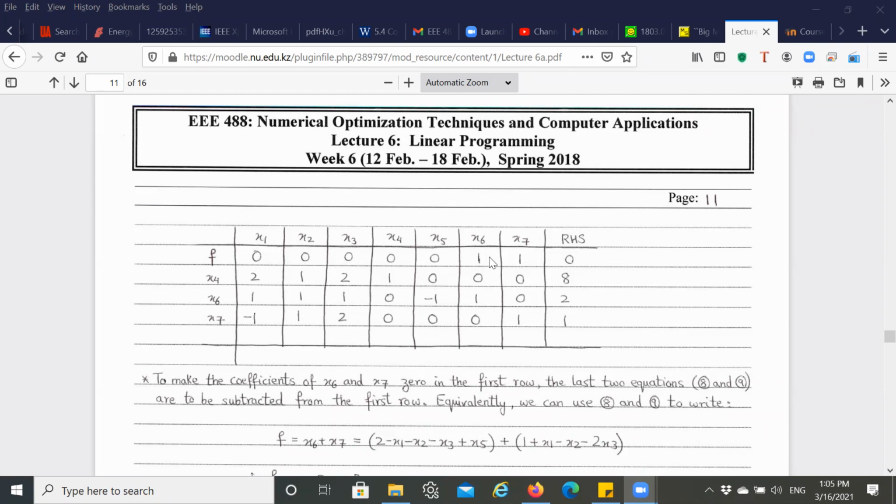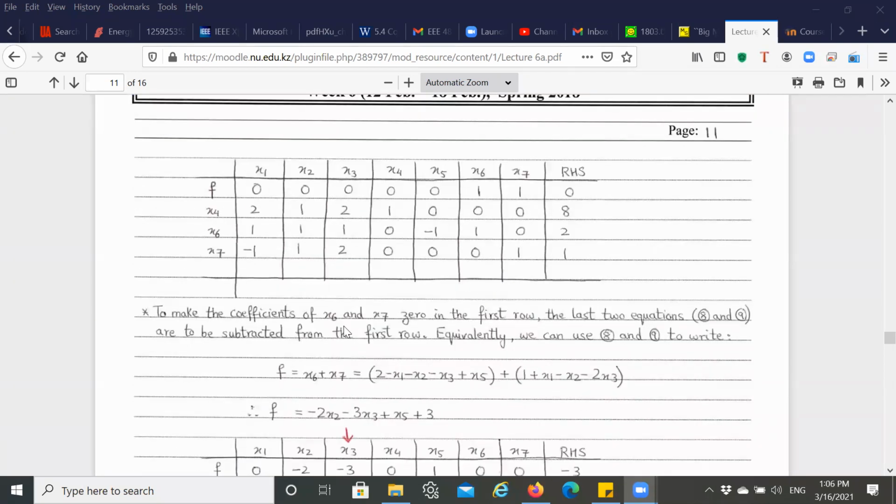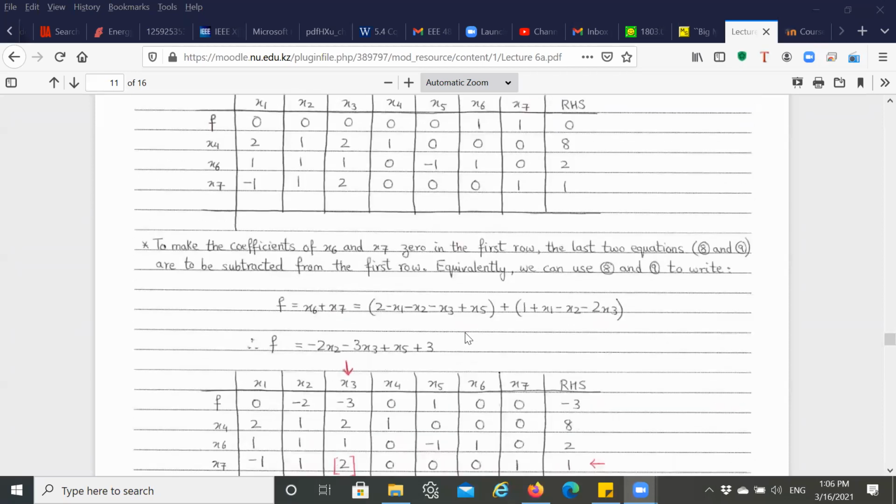So now what we want to do is make this 0. We want to make this 0 because we want to minimize it. We do not want this to be anywhere. We want to remove the impact of auxiliary variables from our constraints. So to make them equal to 0, what you have to do is the ERO again, and using